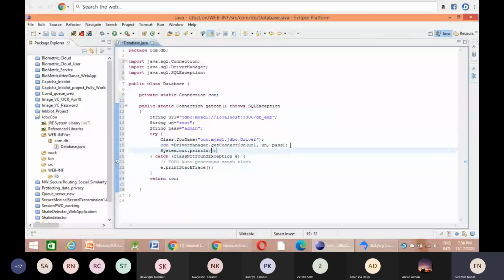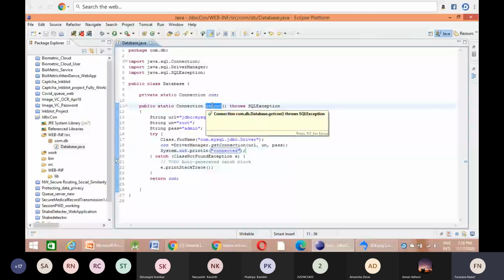In other programming languages, for example in C, we'll be using printf to print some info. In Java, we'll be using system.out and some statement. So I'll just use "connected", so that whenever I call this method, it should connect to the MySQL database. But if I run this application, it won't be